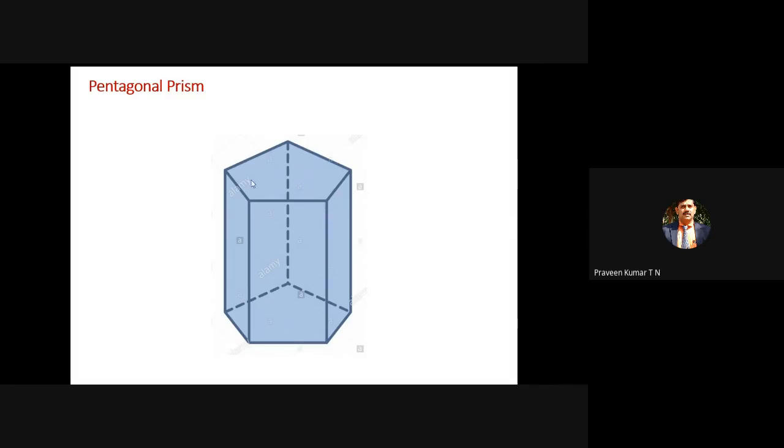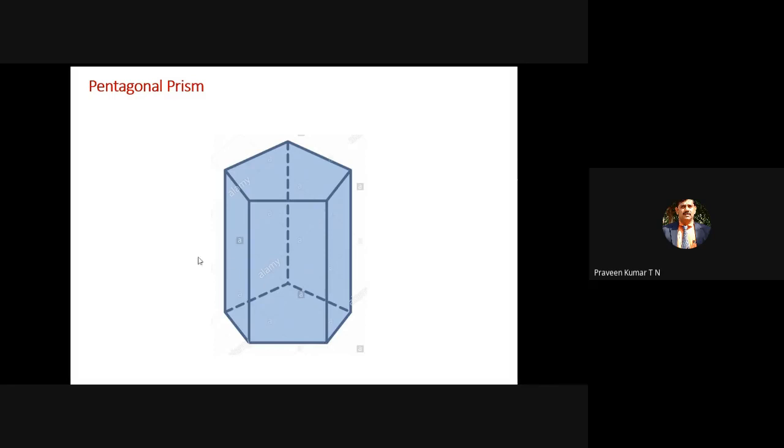As usual, you are taking the top pentagon out, and the bottom pentagonal surface also out from the solid. Then you are left with a hollow pentagonal prism. It is like a hollow pipe. So now you open this edge, let it be A. Once it is open, we'll get 5 rectangles. In the case of a square prism, we'll get 4 rectangles. In the case of a pentagonal prism, you get 5 rectangles.